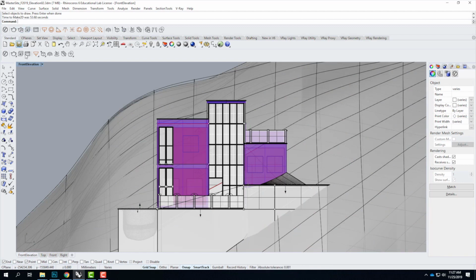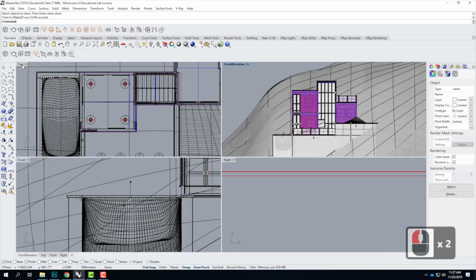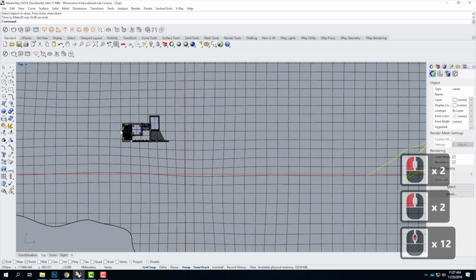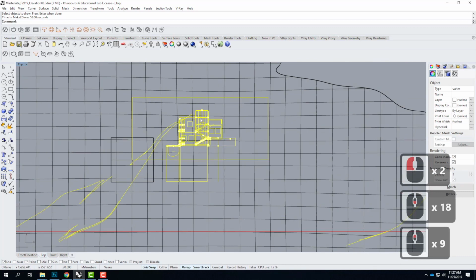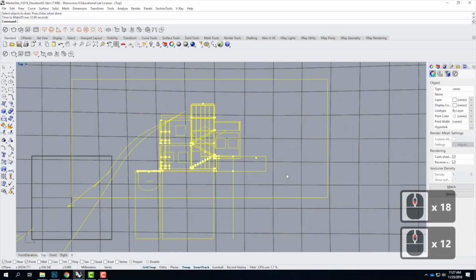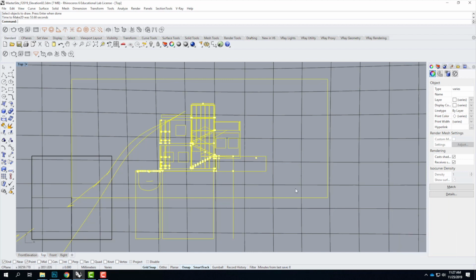Nice. So you say, OK, well, that's great. What happened? Well, here's what happened. If we double-click to get out of the front elevation view, and we instead look at the top view, so we're looking straight down, and you zoom out a little bit, you're going to see a line drawing with the viewport boundary of your